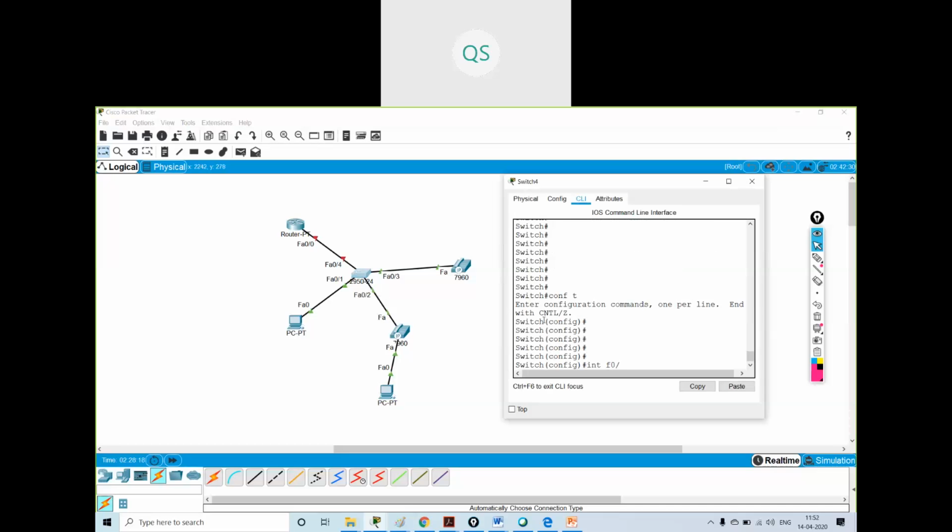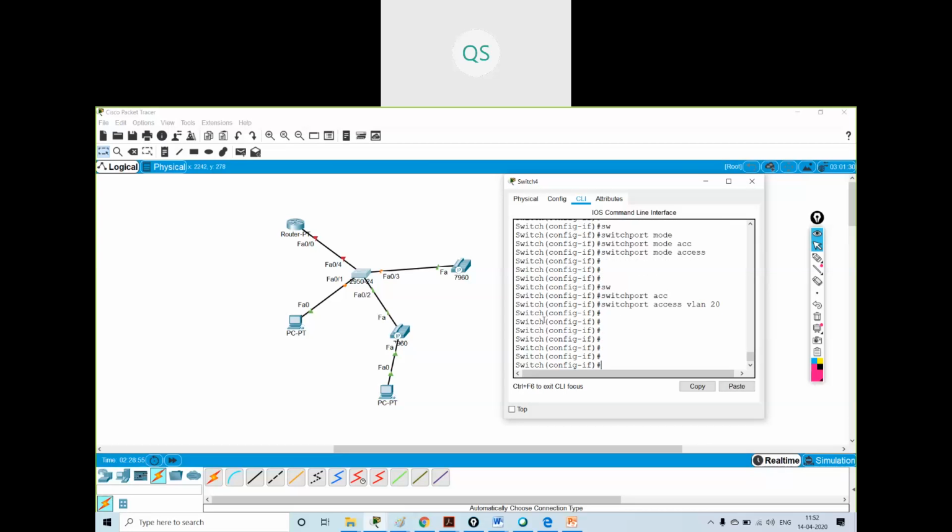Interface fast Ethernet 0/1, switchport mode access, switchport access VLAN 10. Okay, exit. Now, sorry, interface fast Ethernet 0/3, switchport mode access, switchport access VLAN 20.